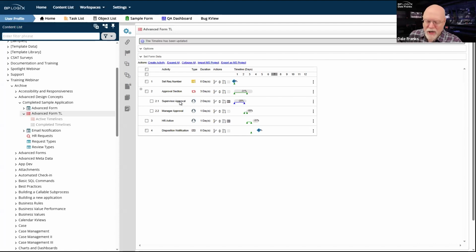I haven't changed any assignees, so that doesn't affect who's doing the task. I haven't ended the task or deleted the task, so it's still going to run. The only thing that's going to happen is that the next time a supervisor approval task starts, rather than assigning it 1 day as the duration, Process Director will assign it 2.